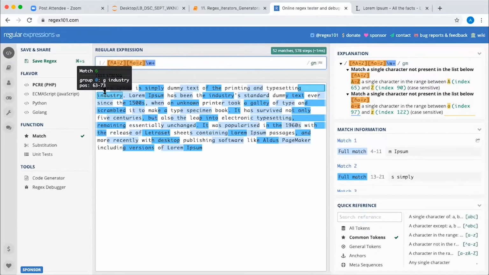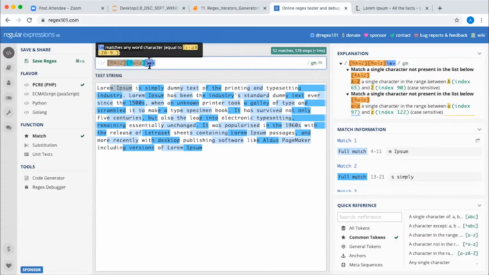So according to this pattern, the first character may not be a capital letter. It is matching here. And the second says that it may not be a small character. It may be anything. So space is matching here, and the rest is the repetition of alphanumeric characters. It may be anything.